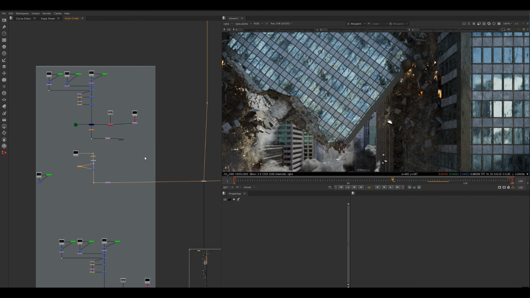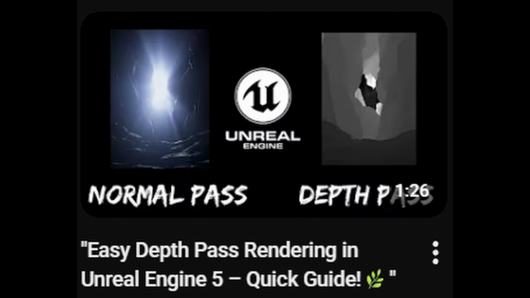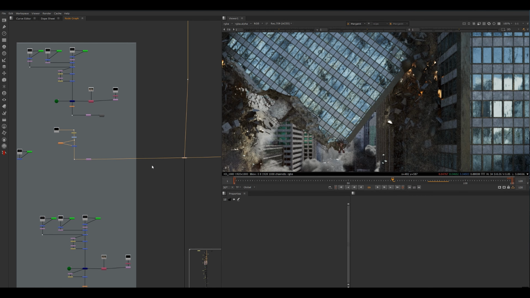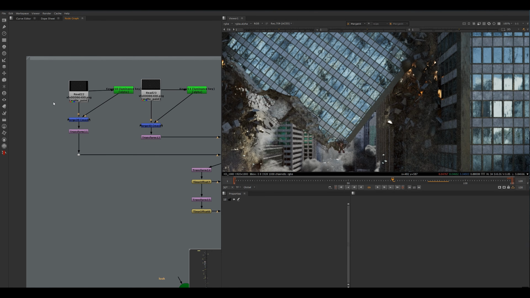So after rendering the depth pass, another thing: if you want to know how to render a depth pass from Unreal, then you have to watch this video. Basically, Unreal and Blender both support depth pass rendering, so you can render the depth pass easily without any kind of issues. So first of all, what you have to do is take all your